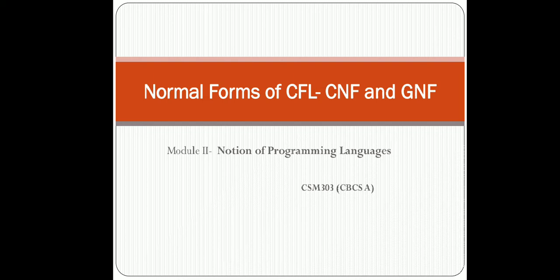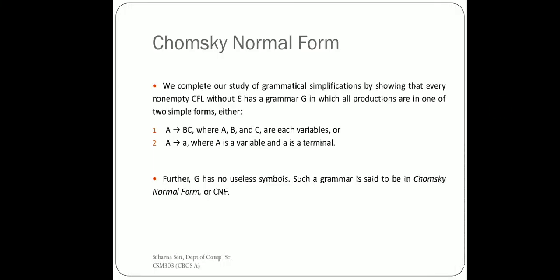So let us begin. We have learned in our previous lecture that to convert a particular grammar to CNF, the standard form available for context-free grammar, we need to do three things beforehand. What do we have to do? We have to remove the useless symbols. We have learned how to identify which terminals or variables are designated as useless symbols. Then there will be no epsilon productions. No variable is going to produce any epsilon moves. We have to remove them, and we have also learned how to do that, right?